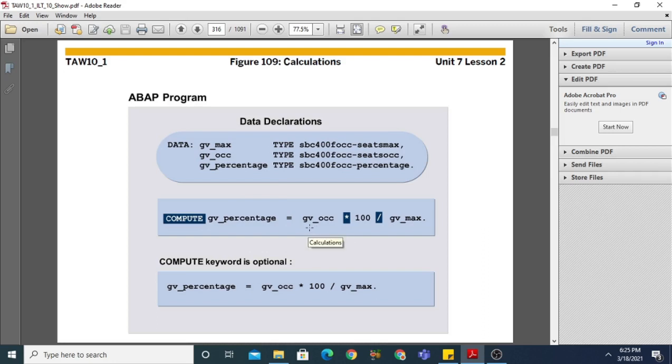We are applying the multiply and division operations to find the percentage from these data objects. First, gv_occ multiplied by 100 and divided by gv_max. The compute keyword is optional. You can directly write the statement gv_percentage equal to gv_occ multiplied by 100 divided by gv_max. So this is the type of calculation that we can do.